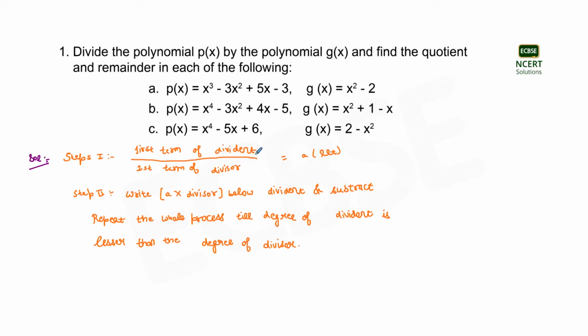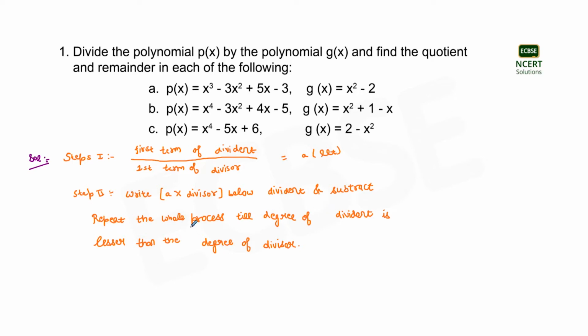That is, in the numerator will come the first term of the dividend, which is p(x), and in the denominator will come the first term of the divisor, which is g(x), and let the result be denoted by a. The next step is to write a times the divisor below the dividend and subtract,